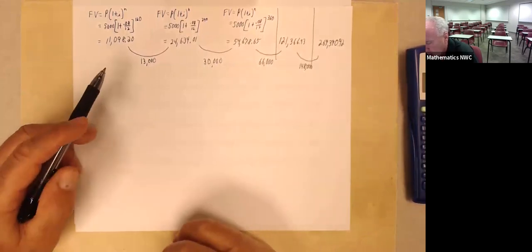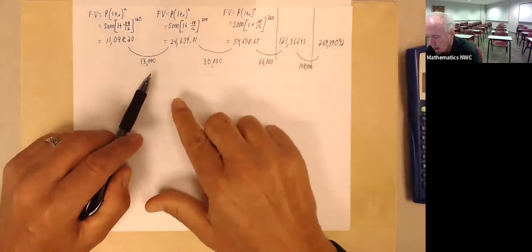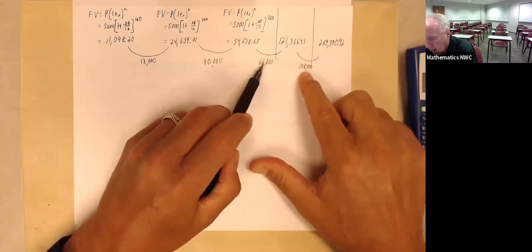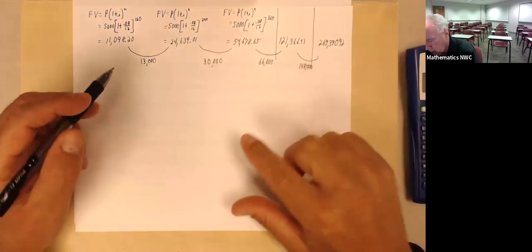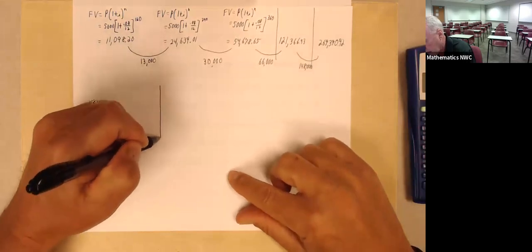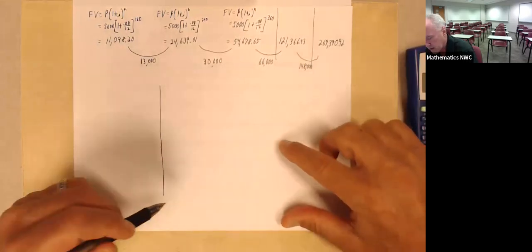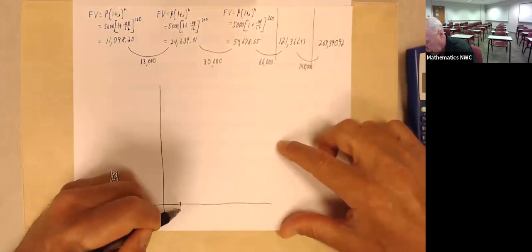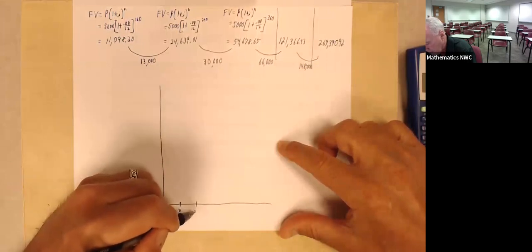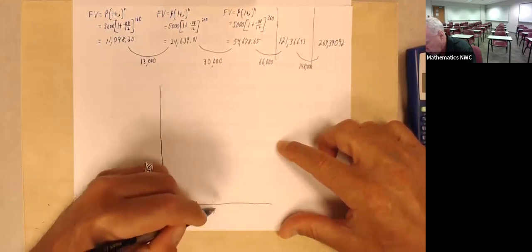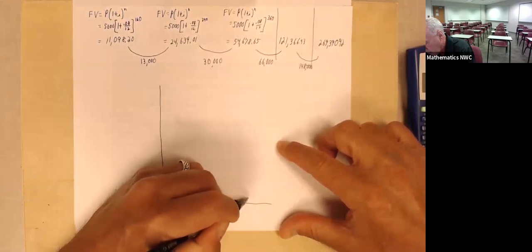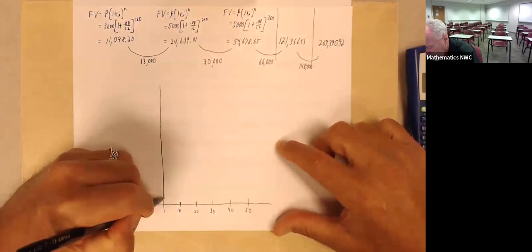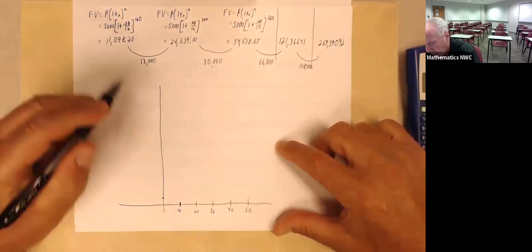But the point is, they're trying to help you understand that you don't get these kinds of gains at the end unless you invest early. For example, take a look at this now. Here's a chart, graph, if you will. And I would like you to think of this as 10 years, 20 years, 30 years, 40 years, and 50 years. We have some amount that we started with, 5,000,